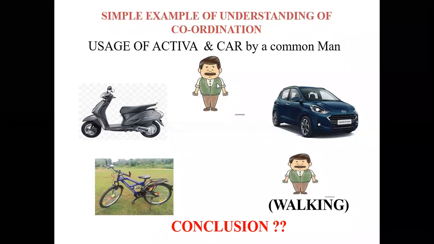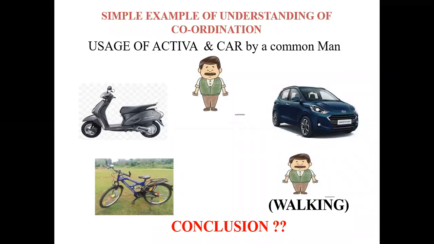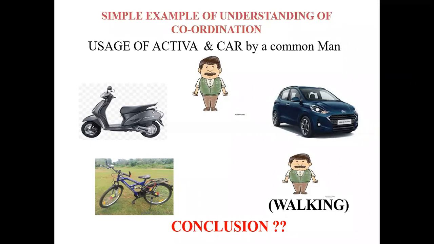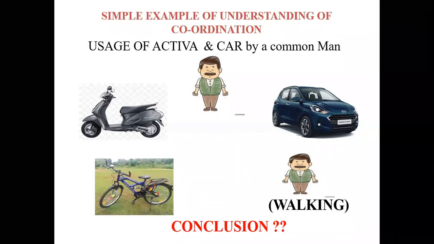So he is a common man. He has two sources, that is, a two-wheeler and a four-wheeler. In what situation does he have to pick up a two-wheeler? Similarly, in what situation does he have to pick up a four-wheeler? It depends upon some conditions. The first one depends upon flexibility. The second depends upon the economic point of view. And the third depends upon the alternative source. So by considering all these things, he may pick up a two-wheeler or a four-wheeler. This is nothing but a story, but tell me your conclusion from your side in our chat box.